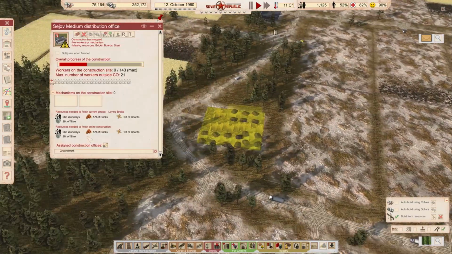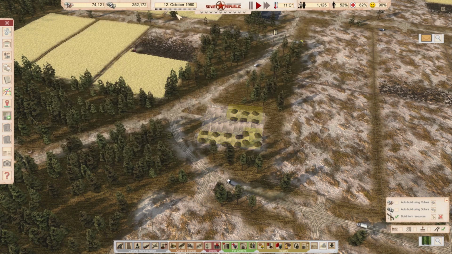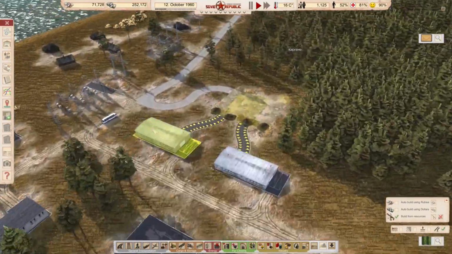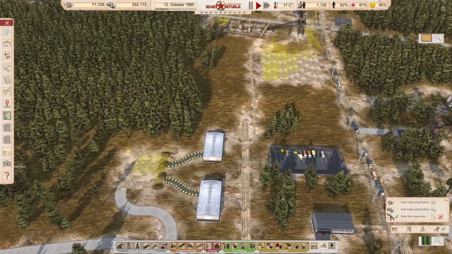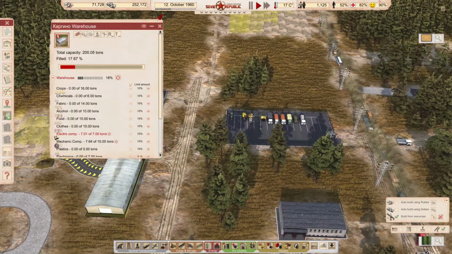Financially, we're doing okay. Construction office, perfect. There we go. We have distribution office. It's 12th of October. We probably will finish this. Well, hopefully we're gonna finish this fast-ish enough. Pause. I totally forgot to check resources. Alcohol is fine. Bitumen, it's still fine. What else is here? Boards,